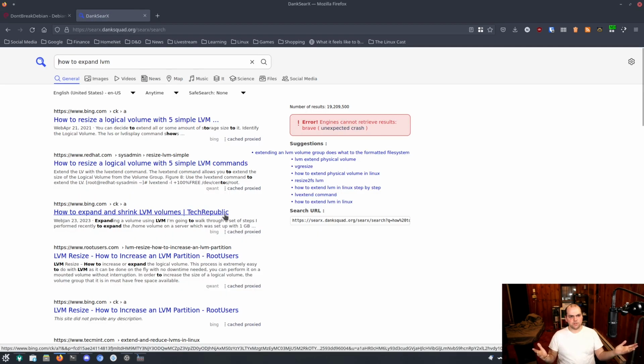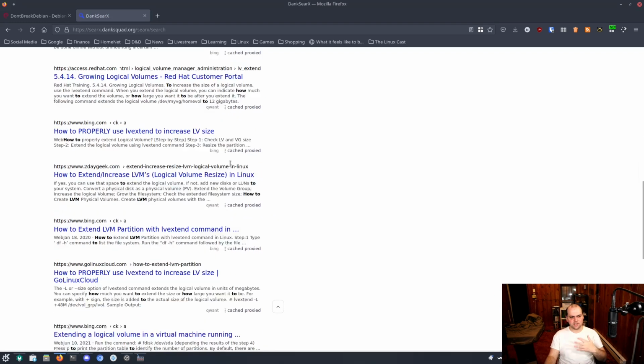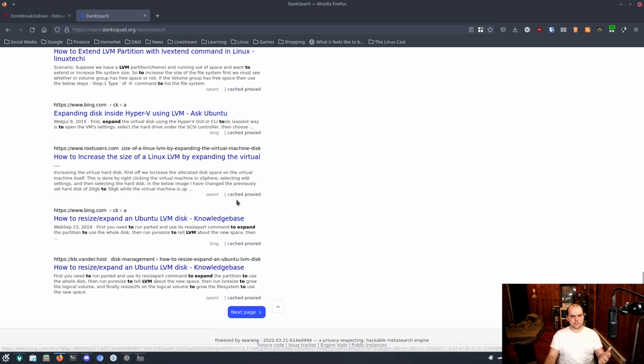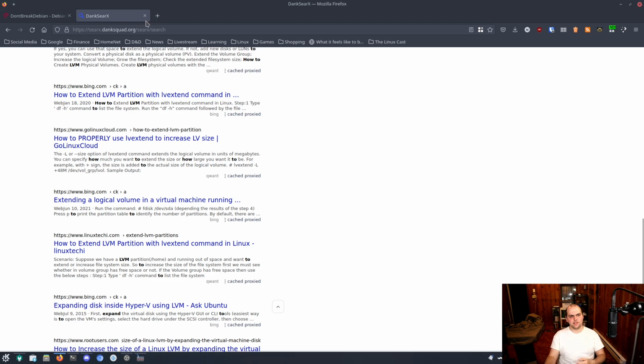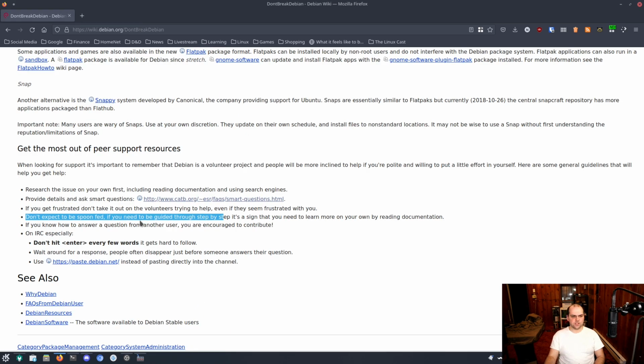And you can see I'm no longer using Brave Search, by the way, so the person that decided that was going to rage quit me can be happier that I'm now using a meta search engine called Searx instead of Brave, which, this can't even index for Brave for some reason. But you can see there are a lot of explanations here on expanding LVM. So they're saying look it up yourself, learn how to do it,